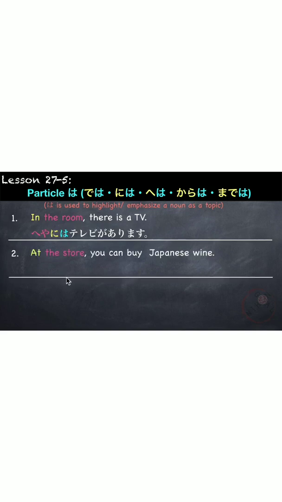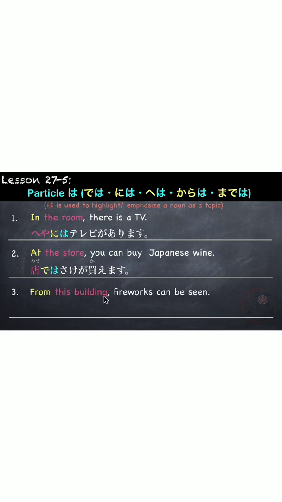Another example, at the store, you can buy Japanese wine. 店では酒が買えます。From this building, fireworks can be seen. このビルからは花火が見えます。